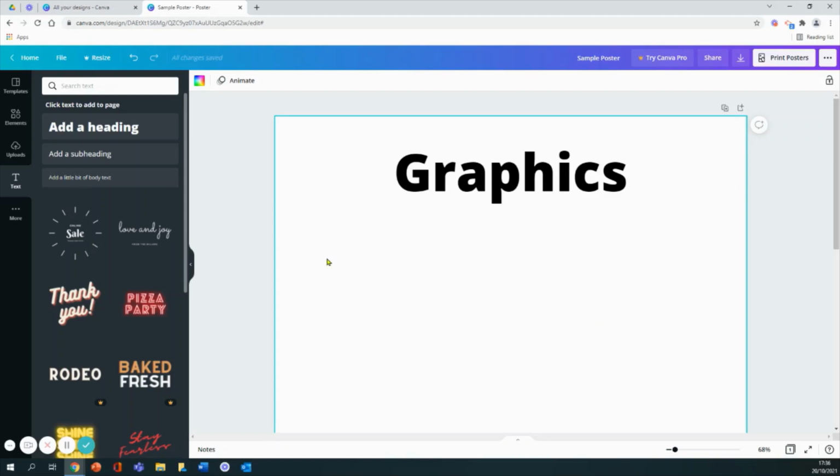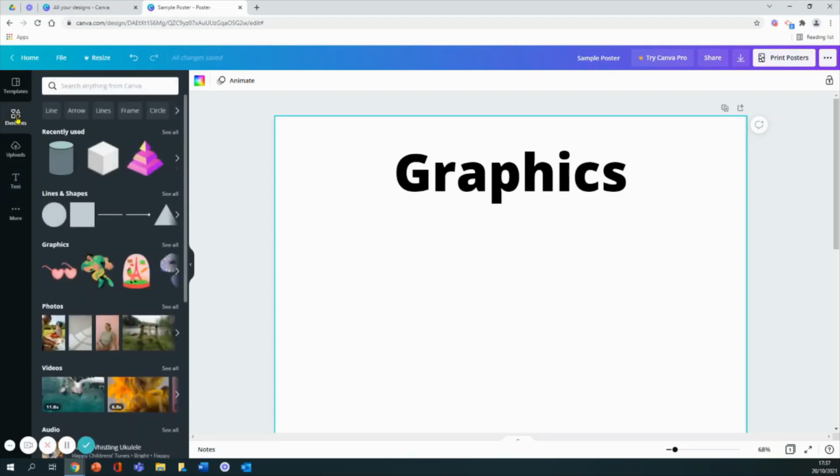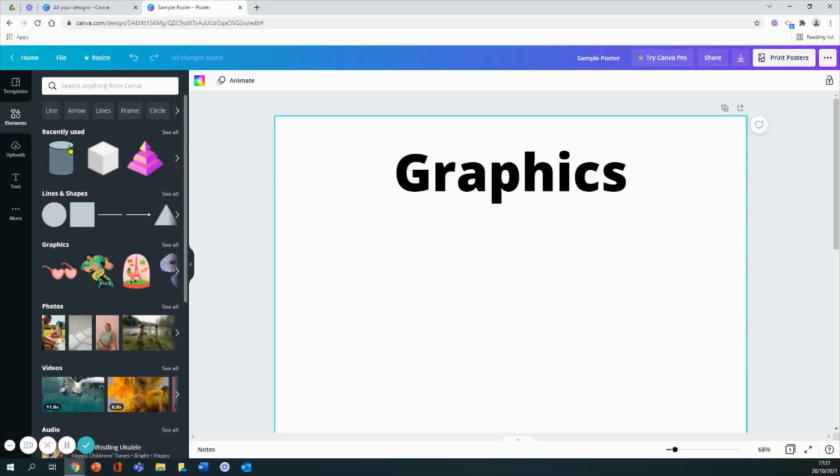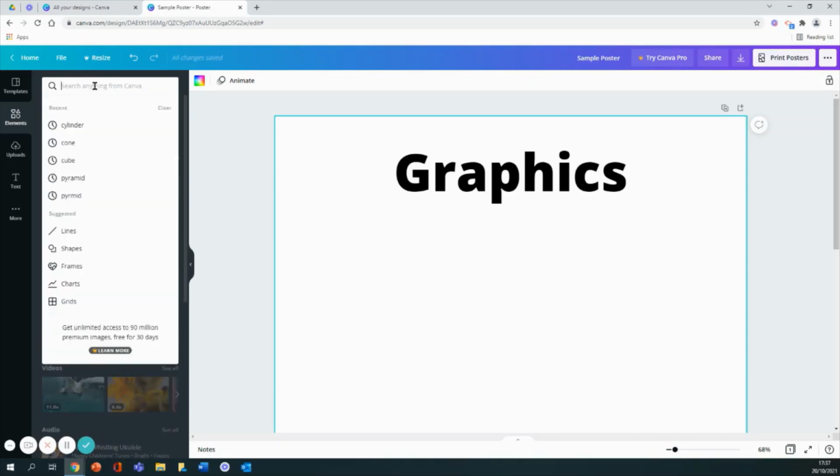The next thing I want to do is add in a 3D graphic. For this, I'm going to click on the Elements tab. Within this, you can see there are a number of different areas. I have lines and shapes, graphics, photos, and videos. Within each of those is a wealth of options. Some of them will be static, some of them will be animated. So for the moment, I want to look up